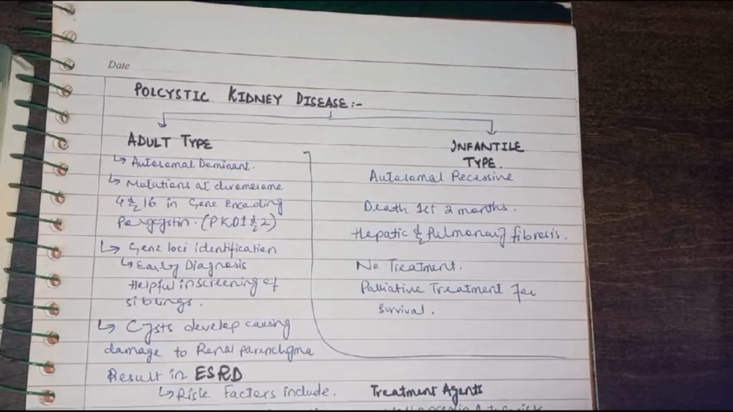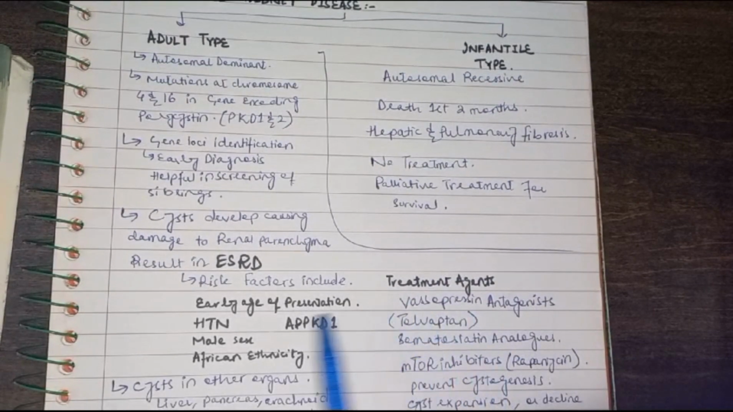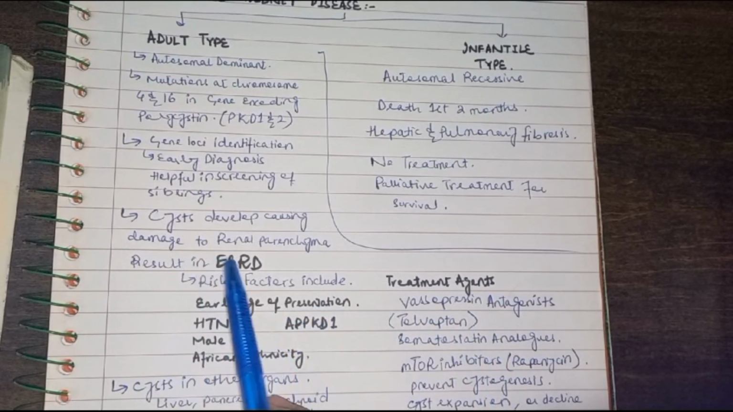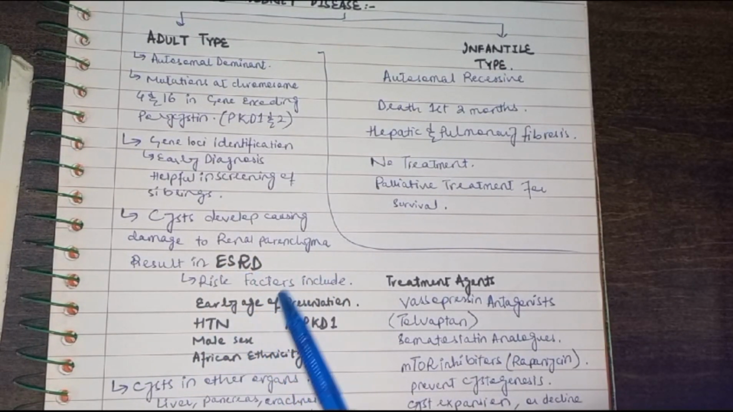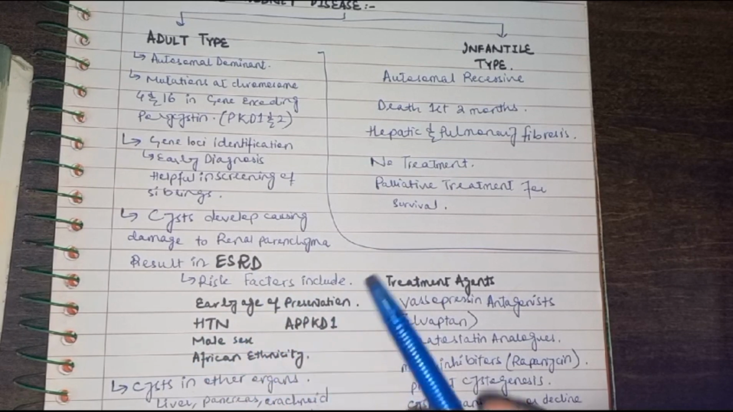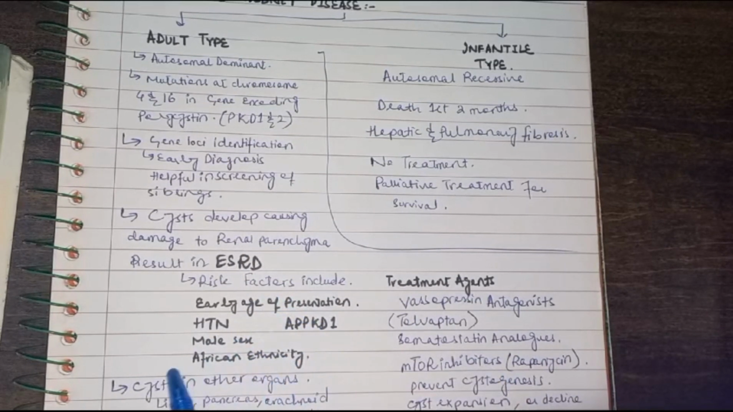When these cysts develop, they may cause damage to the surrounding renal parenchyma, as a result of which they may result in end-stage renal disease, ESRD, end-stage renal failure. The kidney stops functioning, and risk factors include early age of presentation. If it is diagnosed earlier, you have an increased risk of developing end-stage renal disease and hypertension. Early hypertension in individuals can result in end-stage renal failure in polycystic kidney disease,